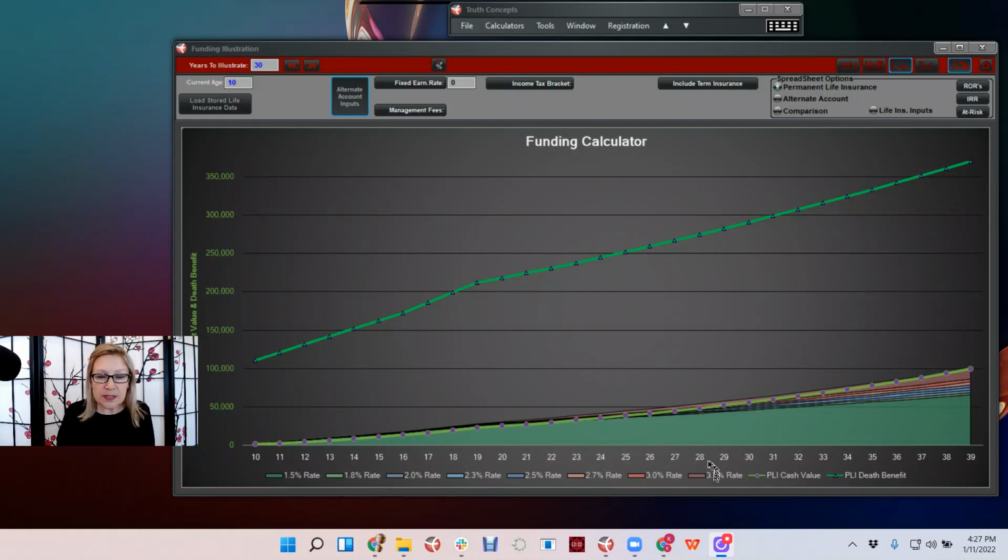And we can see that without doing anything, just its net rate of return of the growth of the cash value. So our cash value line is this green and purple bar here. We can see that if we measure that over a 30-year period, so age 10 to age 39 essentially, we have a 3.7% rate of return. Of course, a regular savings account is a little bit ahead of the game in the middle. And of course, a regular savings account does not have a death benefit.